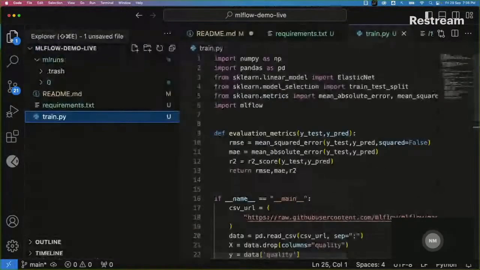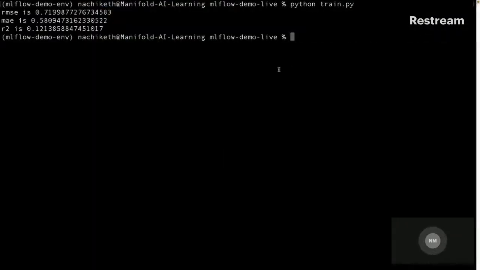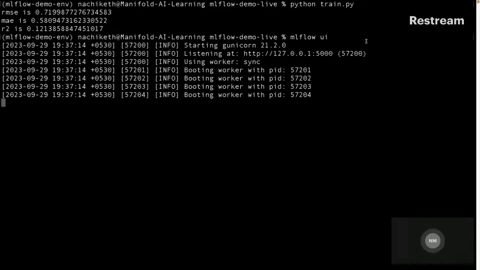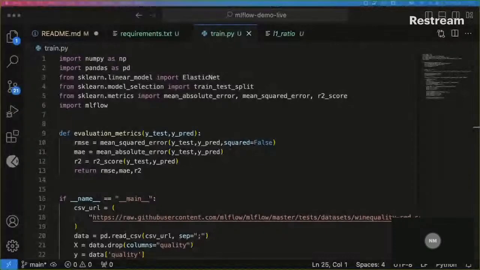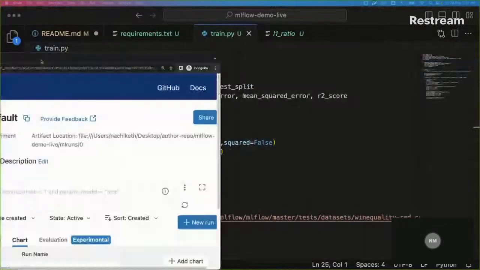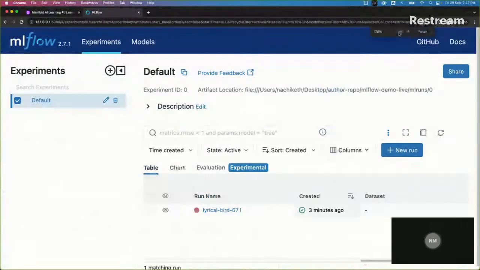mlruns folder. Now, not just can we view it in the folder structure, we can also go ahead and open up the UI. There is an MLflow UI which is available to us. In my CLI, I can simply run mlflow ui. If I run this command, this is going to start my MLflow UI on localhost port 5000. I'm going to launch a browser. And if I go to this port 5000 and open it and show it to you,